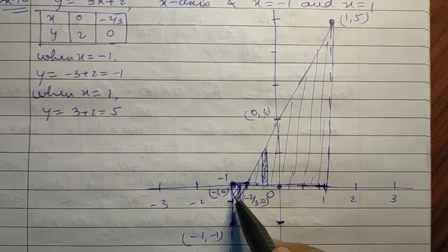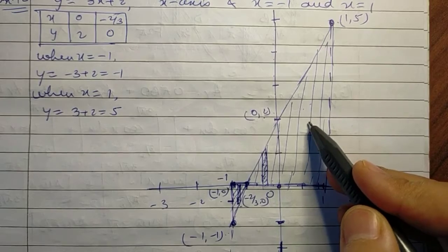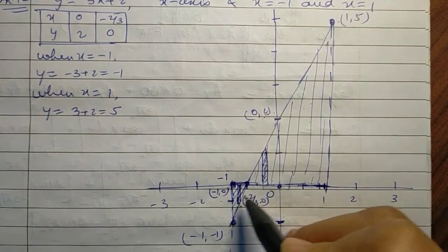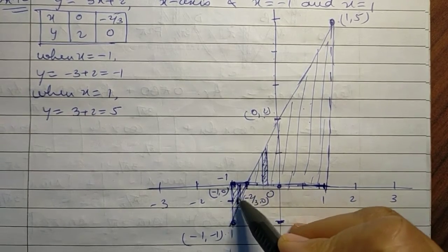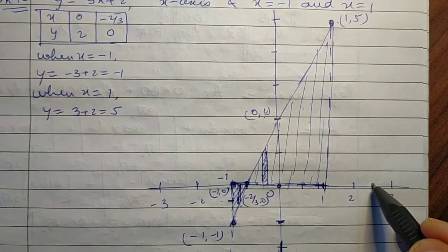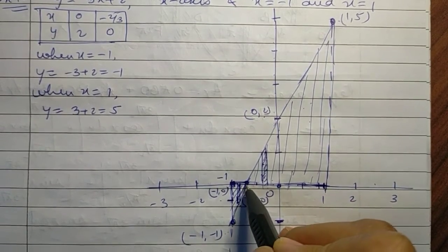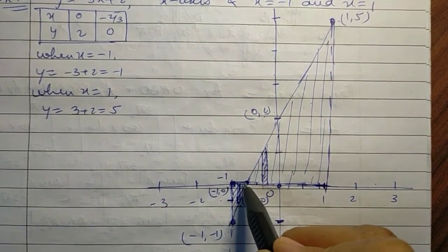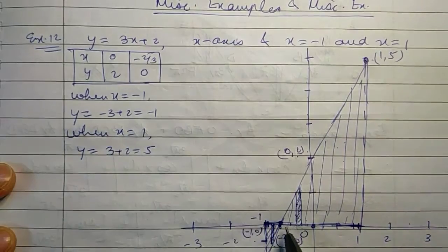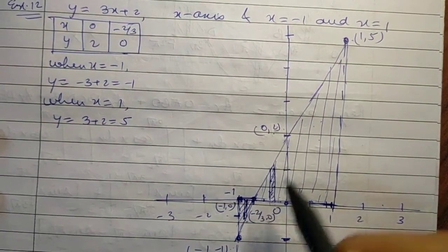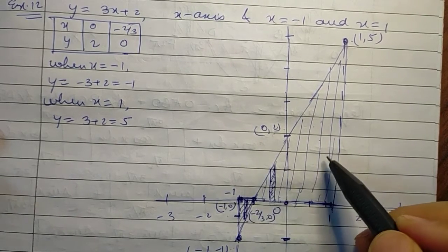So the shaded area, some portion of it is in the third quadrant, some in the second, some in the first quadrant. However, throughout this portion where we have to find the area, there is only one curve and the x-axis. If you just see the strip, first of all we find the point where this line meets the x-axis. As we have already seen, it meets the x-axis in the point -2/3, 0.